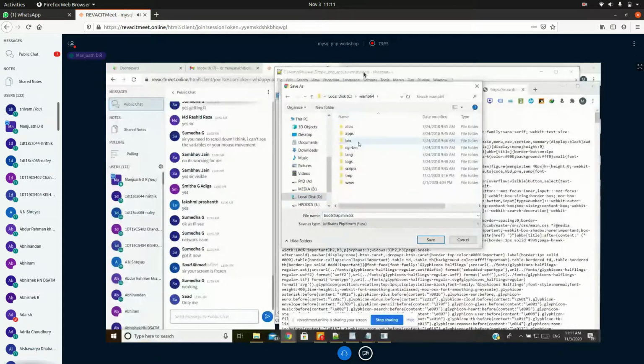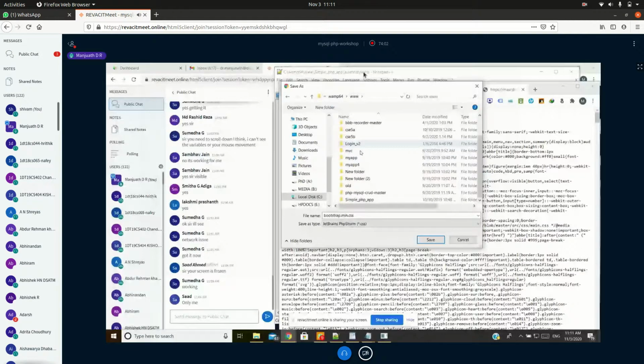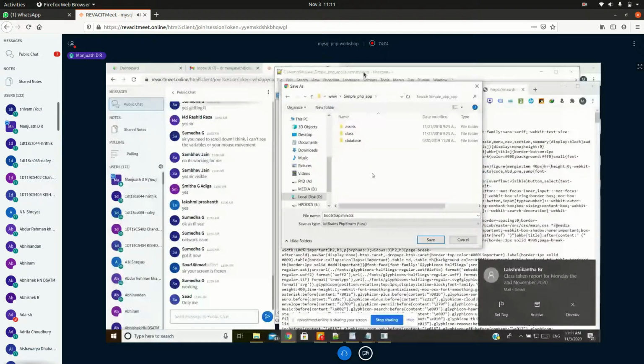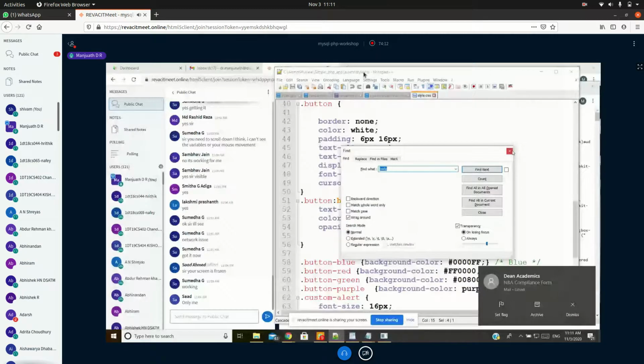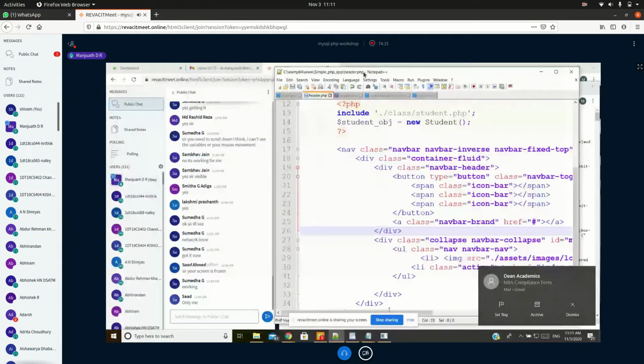I'm saving it in www, to store this. And in the data file, I don't want the cloud; I want the local file.